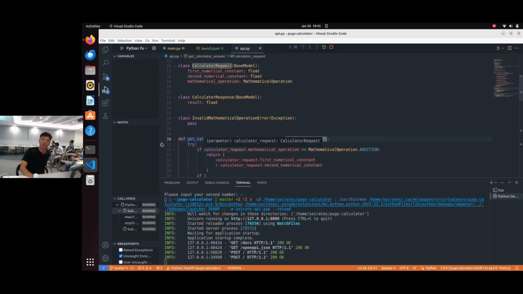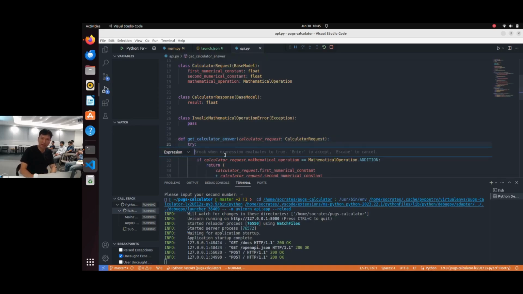So what I want to do is a conditional breakpoint. If the calculator request first numerical constant is 10, I would like the application to stop and give me a Python interpreter and a debugger. Else, I would like the application to run as per normal. And how you do that is you right-click and you add a conditional breakpoint. So what will happen is calculator request dot first numerical constant, and the condition is I want it to be equals to 10, and only then